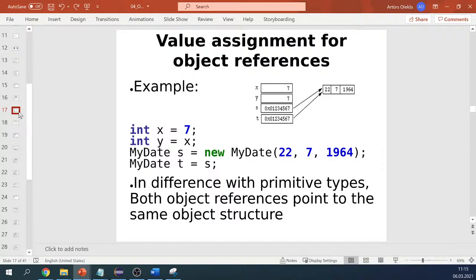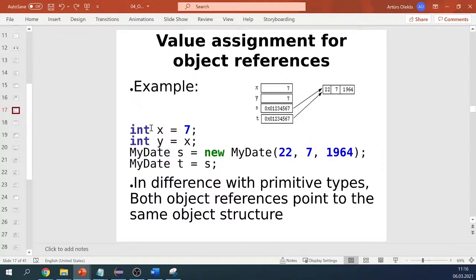For example, here we have four variables used in our code: x, y, s, and t. We have these primitive values, x and y. First we initialize x with 7. Since x is a primitive type, then we just